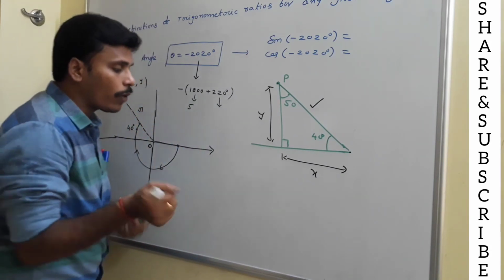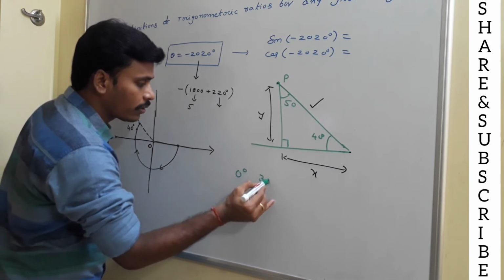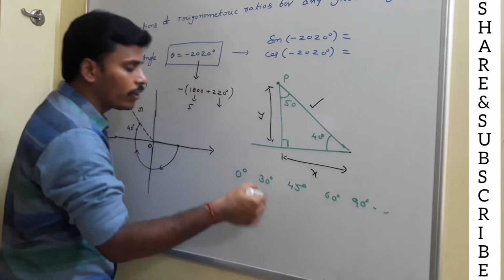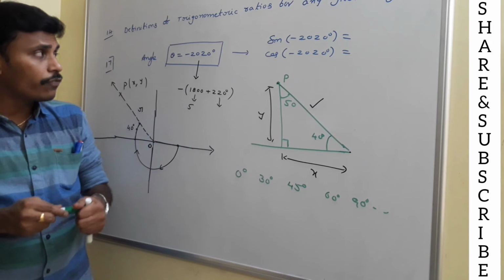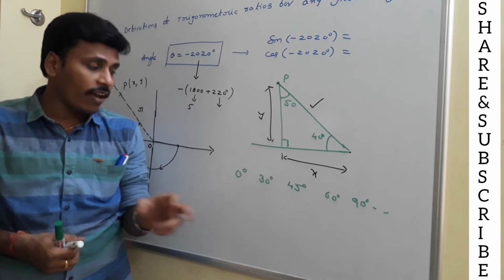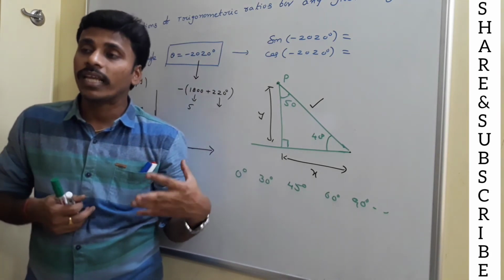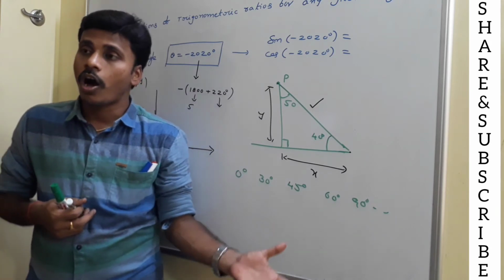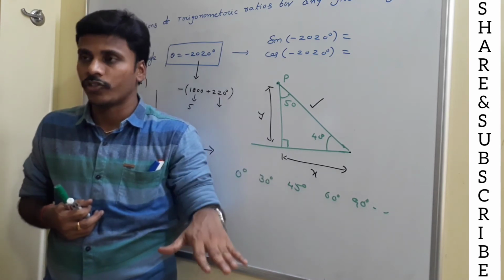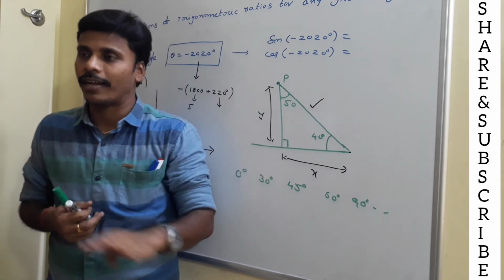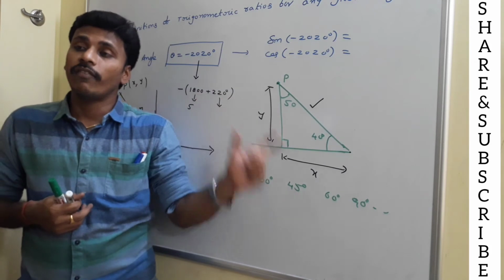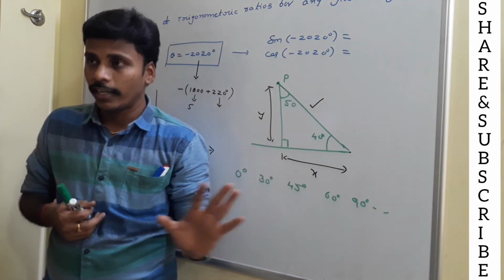The frequently used angles are just 0, 30, 45, 60, 90 degrees, and along with this you may get some more. So if, after identifying the terminal ray for the given angle, you have a triangle related to these angles, then our work is easy to identify the trigonometric ratios, or otherwise you need to go with the practical way. Those practical ways are not meant for our examinations, so you don't need graph paper or a protractor. But as theory, this is the way to calculate the trigonometric ratios. Is it clear?